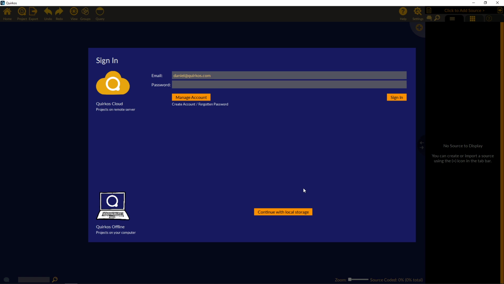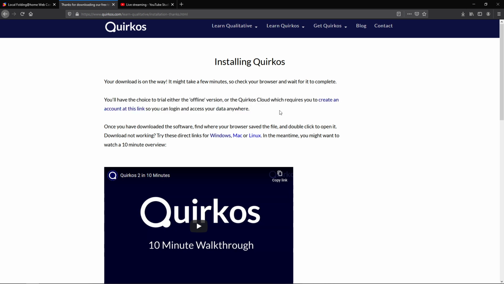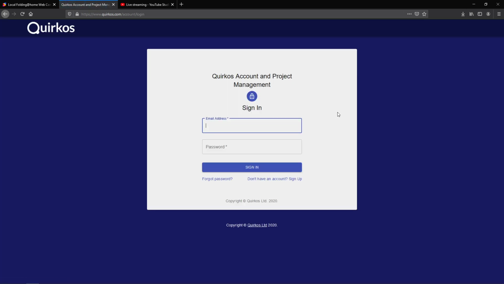Now you'll see the signing up here. You need to create an account on the website before you can do this. You'll see in the download page it says if you want to use the Quirkos Cloud, you need to create an account at this link, and it takes you to the login page here. So if you don't have an account, you can sign up for one, or you can log in and see all the different aspects of your